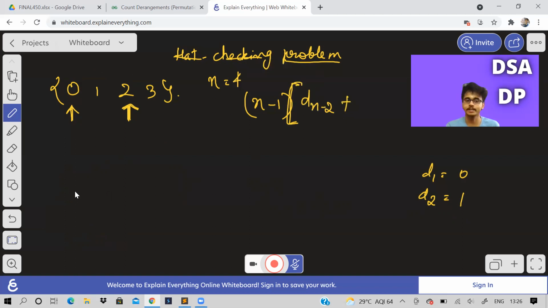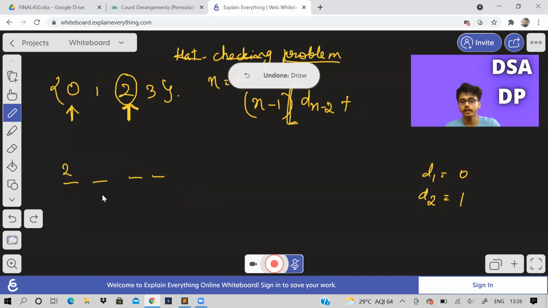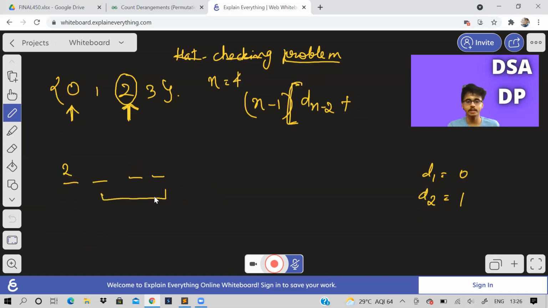Now what is the other case? See, in the first case we fixed 2. That means we told that 0 will come over there. So fixing 2 is not a problem. We told that person 1's hat 1 will go over here. So we had put 0 here. Let us not put 0 now. Now what will happen? Now how many places are there? 3 places are there, correct? How many derangements are there now? D of 3. D of 3 is D of 4 minus 1, which is D of n minus 1.